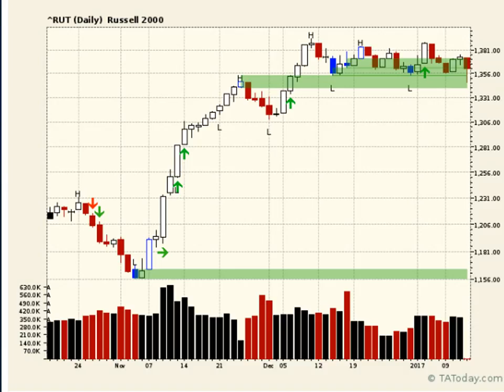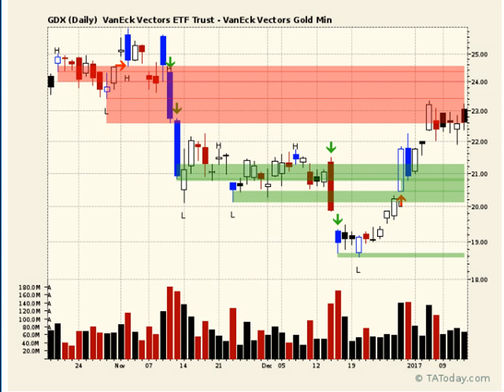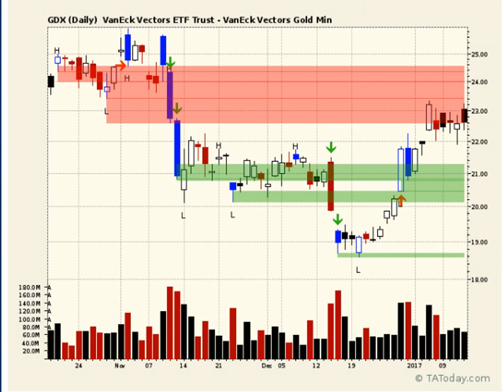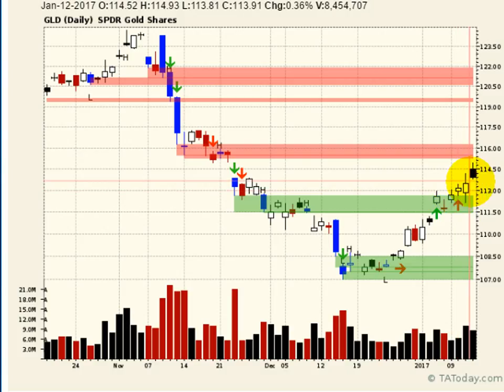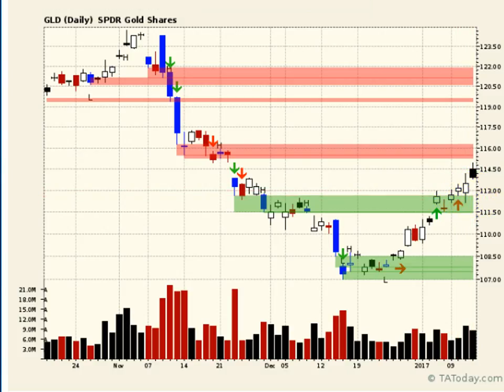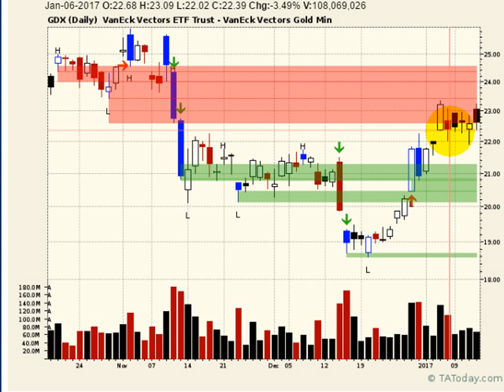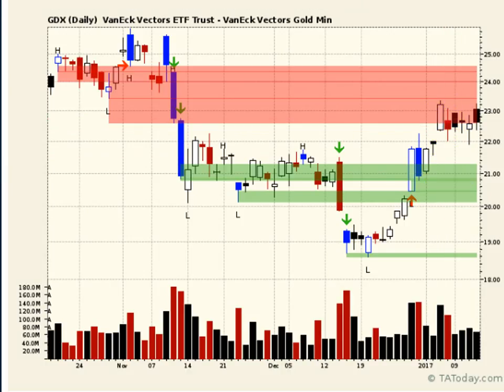Let's go over. I want to look at the gold stocks here. The GDX. Here's a trade. The GDX is a short. This thing cannot get higher. And what I want to show you is the gold itself. GLD has been pushing higher. Today, GLD got a failure, right? GDX hasn't been able to push higher. It made its spurt, got up there, and it stalled. This thing wants to come back, and it's going to come back fairly deep. There's a good trade here.